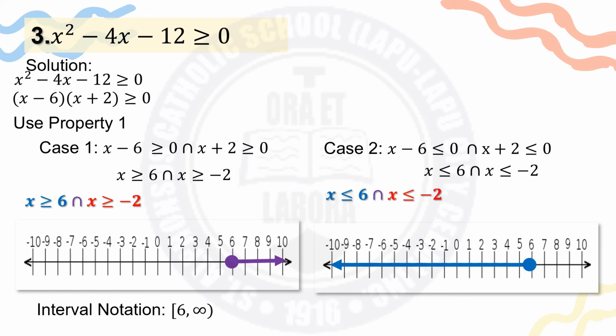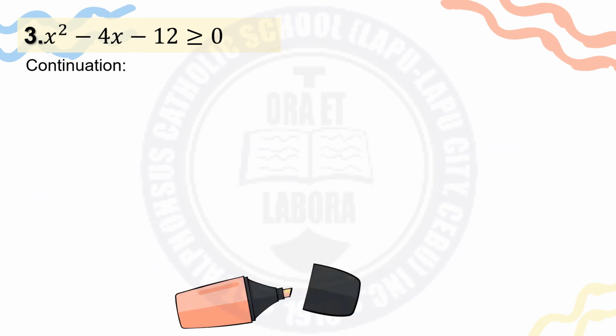For case 2, the blue graph represents x less than or equal to 6. And the red graph represents x less than or equal to negative 2. As we get the intersection, or the common part, x will be from negative 2 until negative infinity. And for our interval notation, from negative 2, including negative 2, until negative infinity. So as we continue,